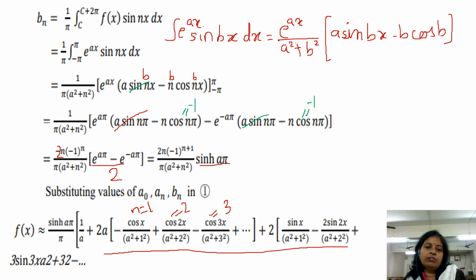Accordingly, you see this is also n square, this is 2 square, since it is a square plus n square, in place of n, 2. Similarly, for the sine terms, which is bn, you also have pi upon a square plus n square, accordingly you can expand. This is how